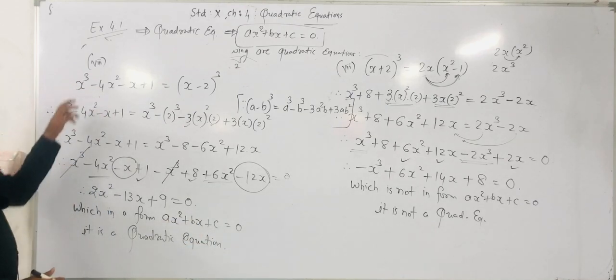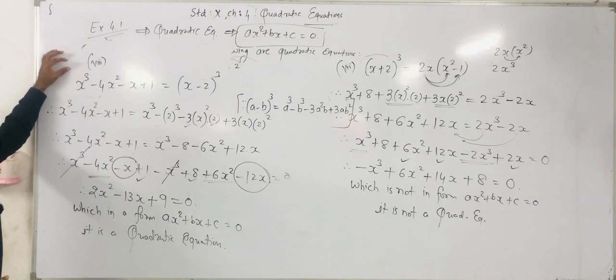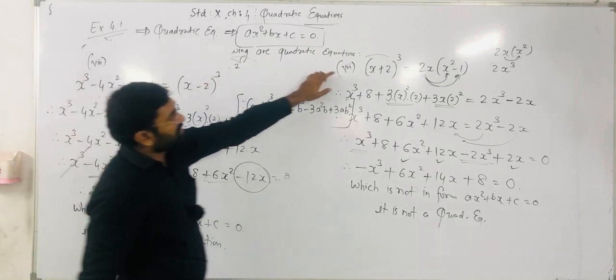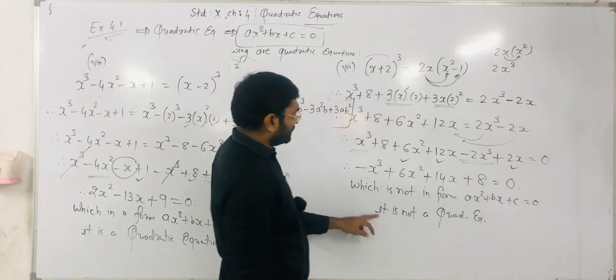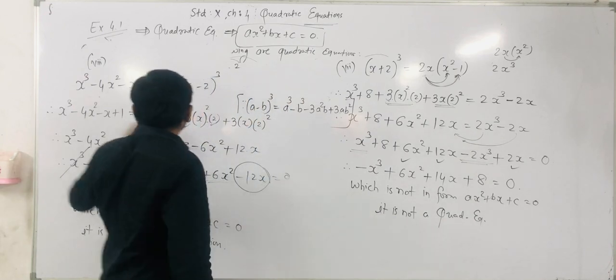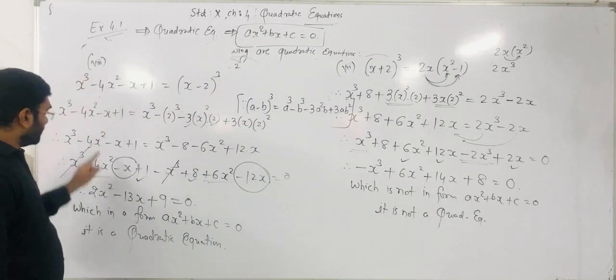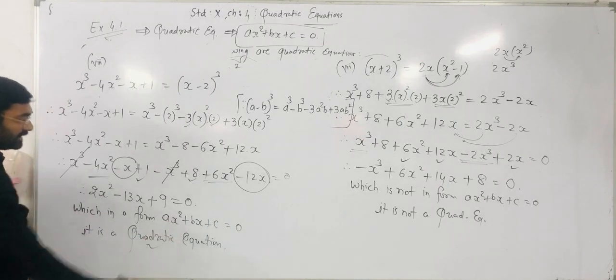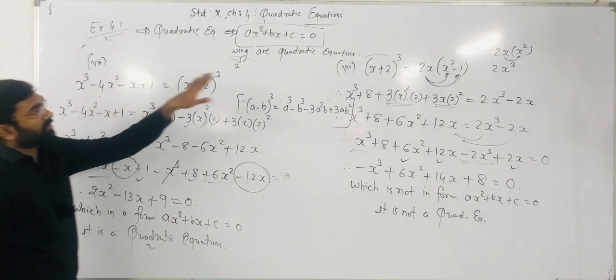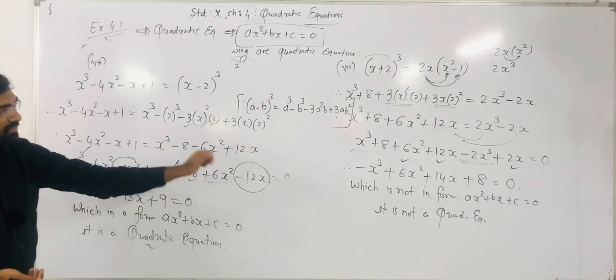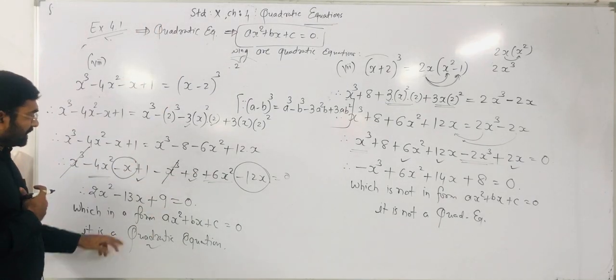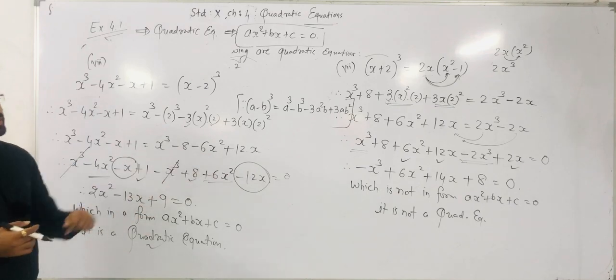Right. See, from the given question directly, we should not decide whether it is a quadratic or not a quadratic. Okay, here see, in that question cube is given, right? So whenever we see that, we may think it is not a quadratic equation. Here a cube is given, but whenever we simplify it, we get a quadratic equation. So from the question directly we should not decide whether it is quadratic or not. First of all give the simplification using identity, then you have to decide whether it is in general form or not.